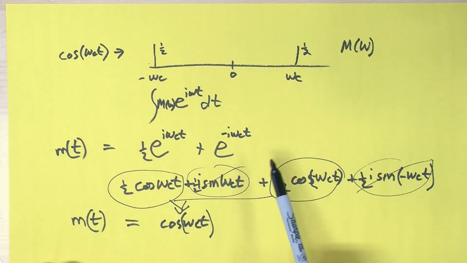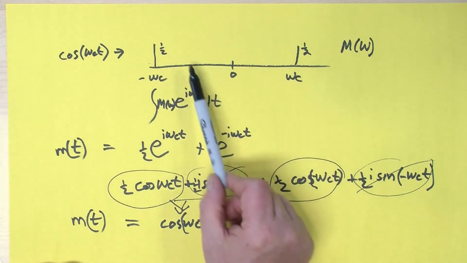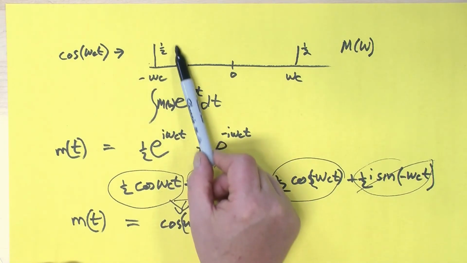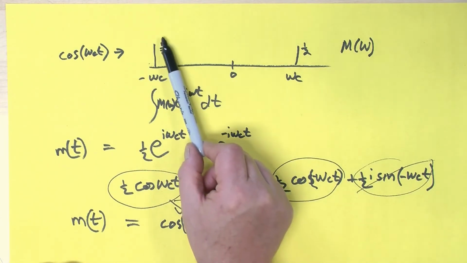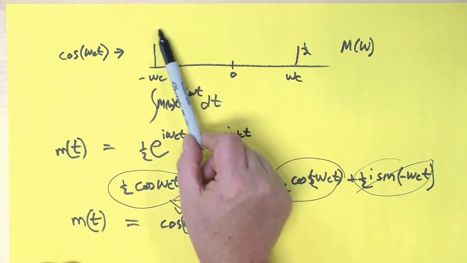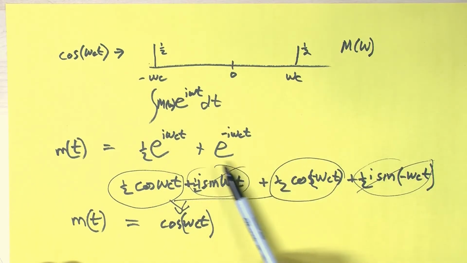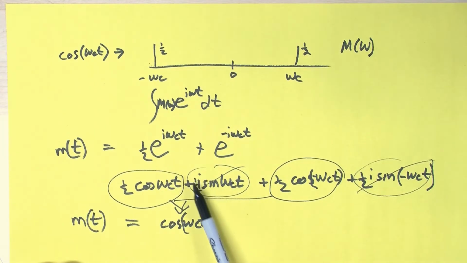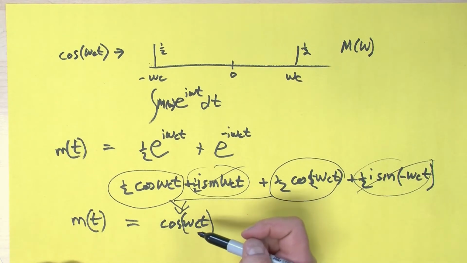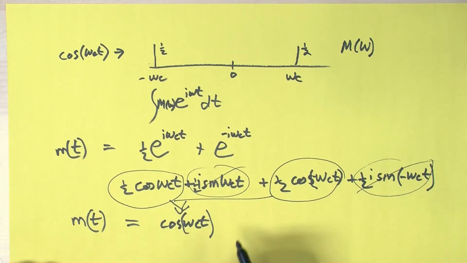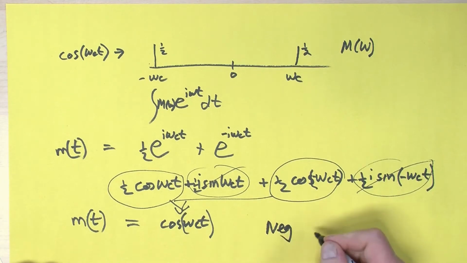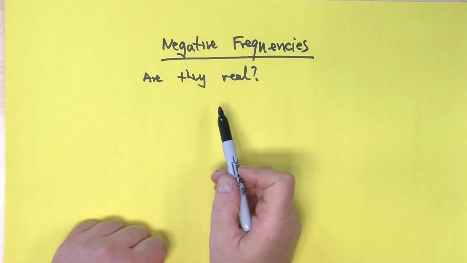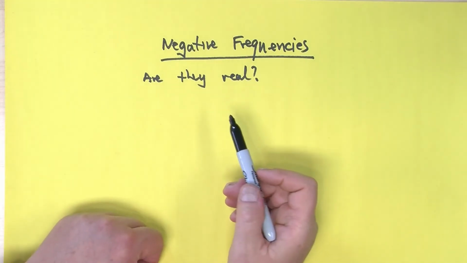That's significant because what it's shown is how by having this minus value over here, it's in fact worked to undo the whole Fourier transform process, remove those imaginary parts, and end up with the real result over here. And so we can now take that and just have one little further discussion about negative frequencies. Are those negative frequency values real? Well,